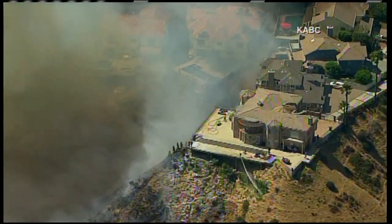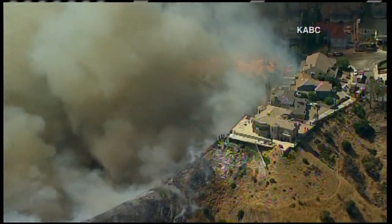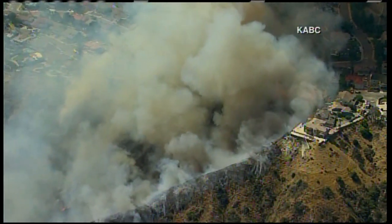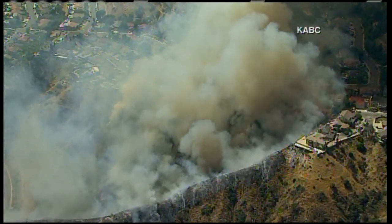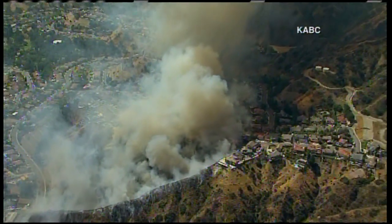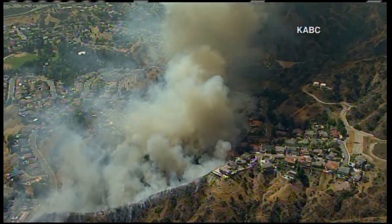But you can see this is where we saw the homes immediately threatened when we first came over. But a lot of concrete, a lot of defensible space on that. It just kind of crowned up right against that deck, and they put that out. But a lot of fires we pull out wide, burning in that canyon right now, but it's burning into the black. So all those fuels between the right and the left flank are burning very heavily, and they're just going to burn themselves out. They don't have